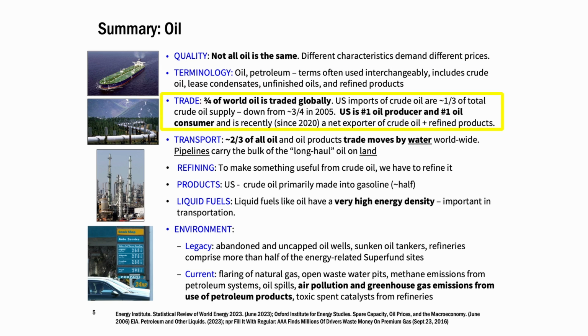Much of it is traded globally. So oil is a global commodity. Natural gas is becoming more so, but for a long time, oil was really the one that was truly a global commodity. And part of that is because of its energy density, right? So it can still maintain a lot of its economic value moving it far distances because it's energy dense from a volume and a weight standpoint. So we've been moving oil around, and you can see almost 3/4 of world oil is traded globally.